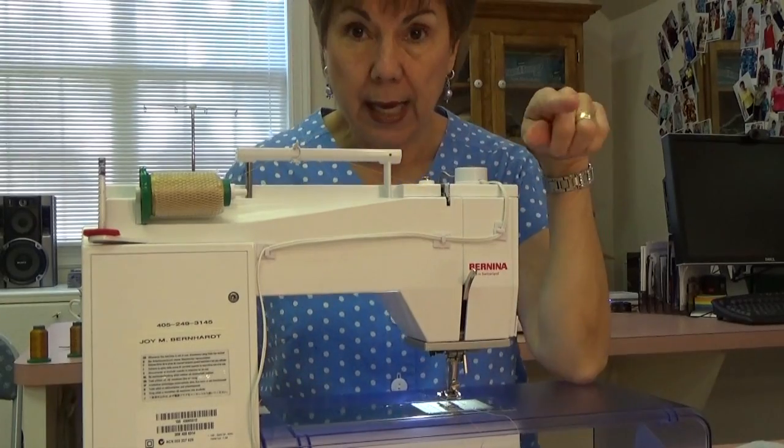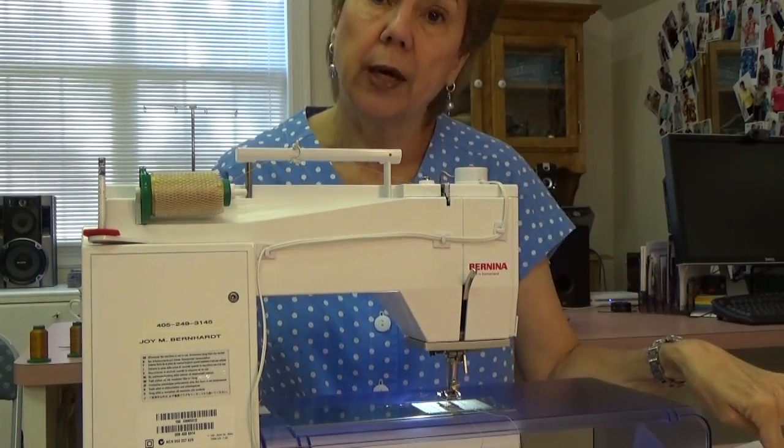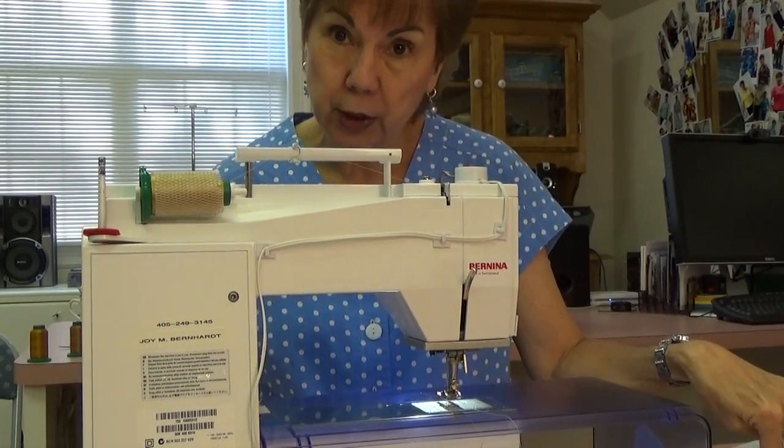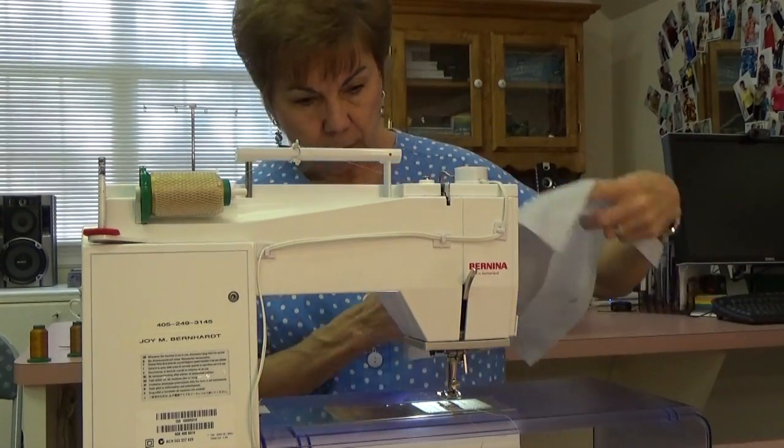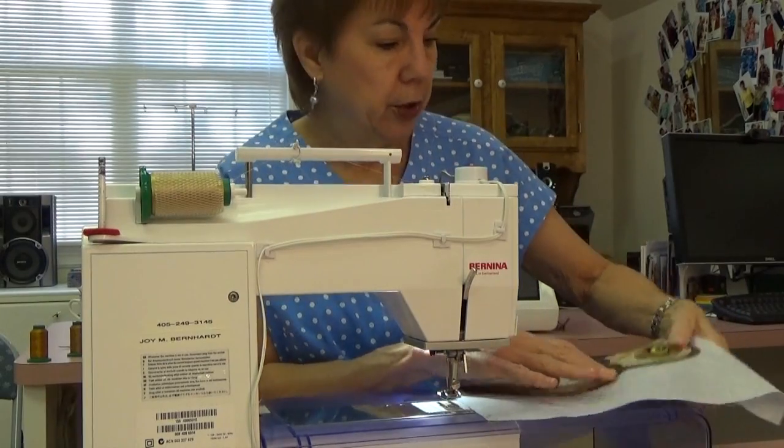Because if you don't do that, your bobbin thread is going to show on the top, and you don't want your bobbin thread to show on the top. You want your top thread to pull to the bottom. Okay, so I'm getting ready to do these circles here,